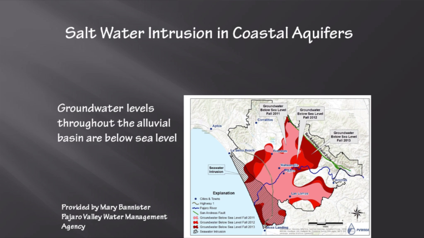Another aspect of pollution related to agriculture, especially in coastal areas, is the effects of saltwater intrusion. And some of the most productive areas in California are the river basins and the coastal areas. And this is an example in Pajaro Valley where they measured groundwater levels throughout their basin over a period from 2011 through 2013. And they've shown through the changes in the colors in red there that the areas within the basin where groundwater levels are well below sea level has spread all the way to the margins of the basin.